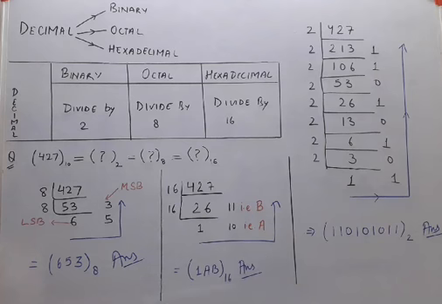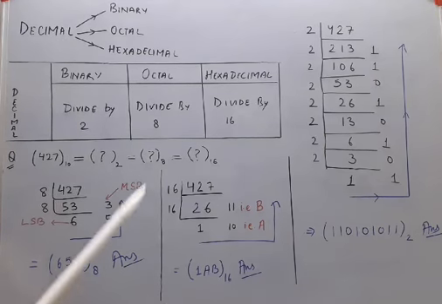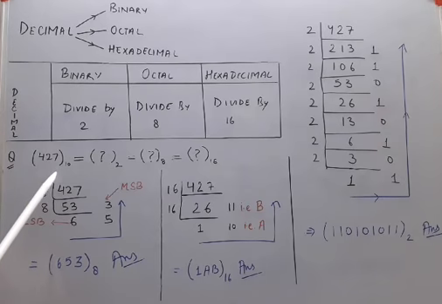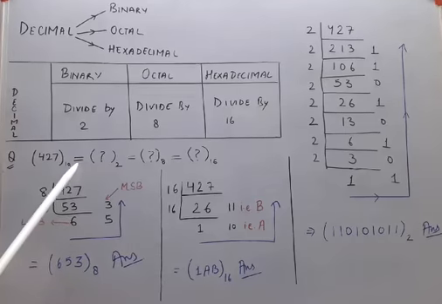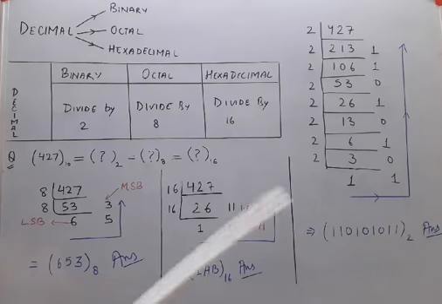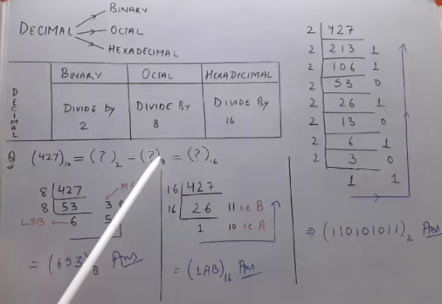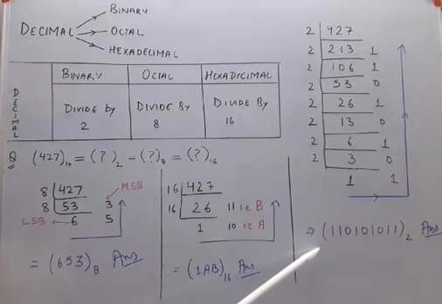Now there is one more way of solving this question. What you can do is, you can straight away convert 427 of decimal into binary, and then a few minutes back you have studied how to convert binary into octal and hexadecimal, right? So you can straight away perform those procedures of converting binary into octal and hexadecimal,